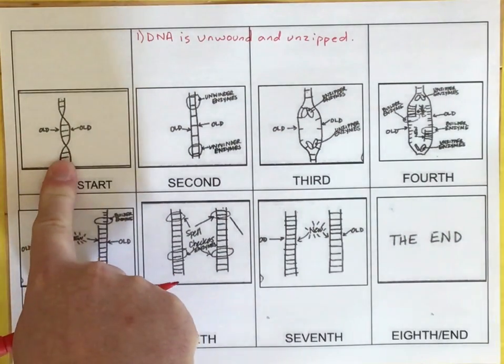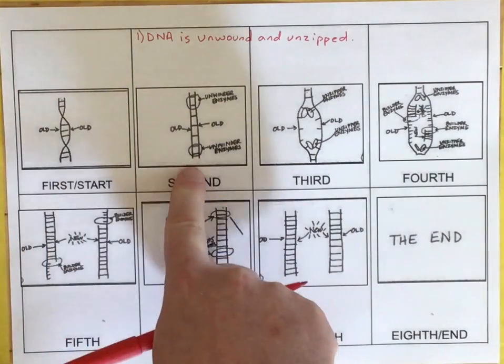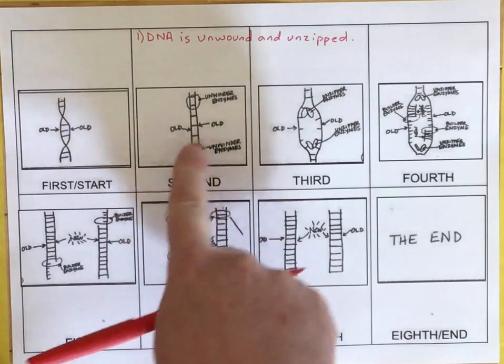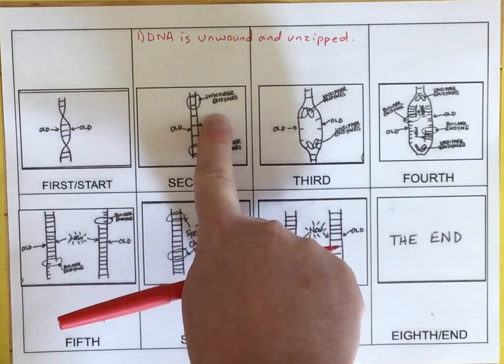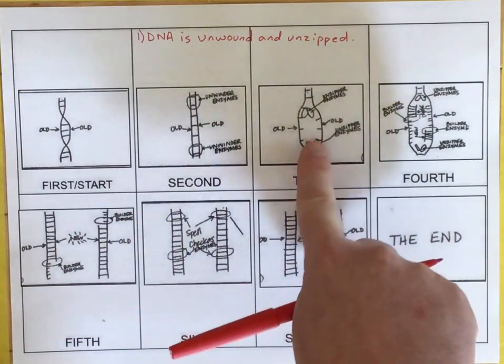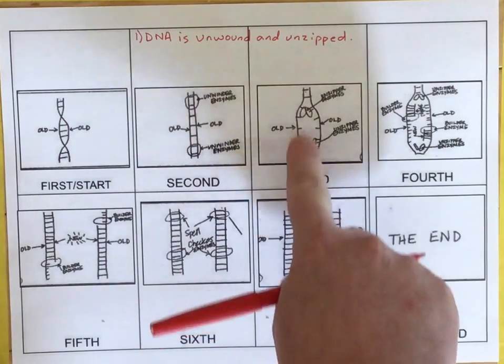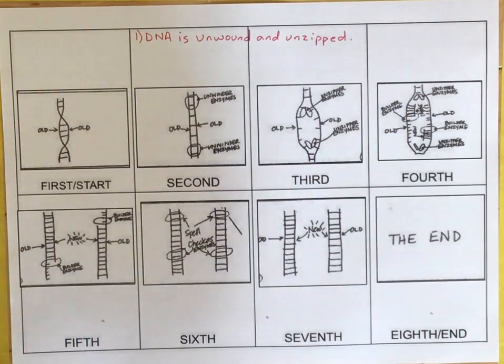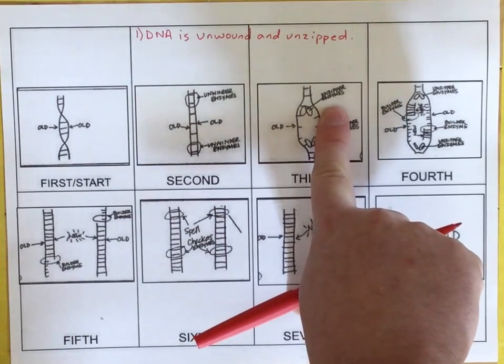So the DNA goes from being wound in a double helix to being unwound, and there's some unwinder enzymes here. And then DNA goes from being just unwound to being both unwound and unzipped, and it says unzipper